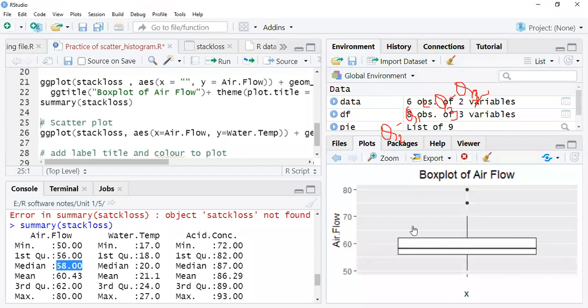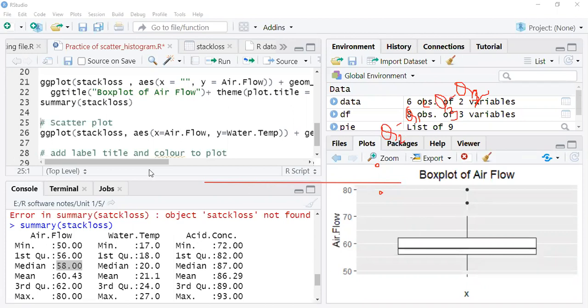But one thing I just want to tell you: if you see this plot, and in this plot, if you are able to see this middle line, and this middle line is exactly between this line and this line, exactly in the middle, then your data is normally distributed. Okay, data is normally distributed. So this is basically the conclusion you have to conclude in the case of a box plot. I hope it is clear. I don't know whether you are clear or not.